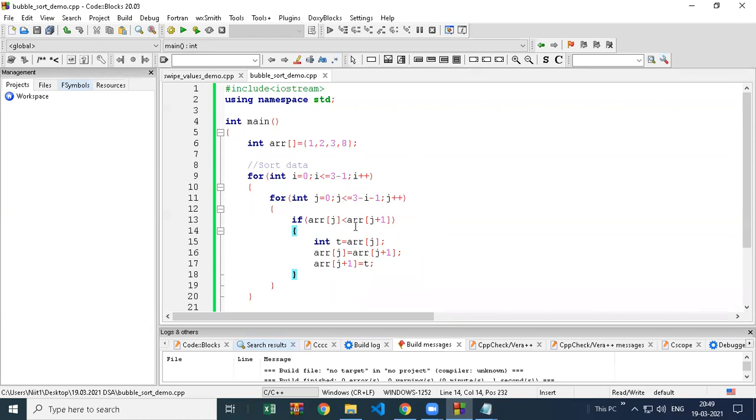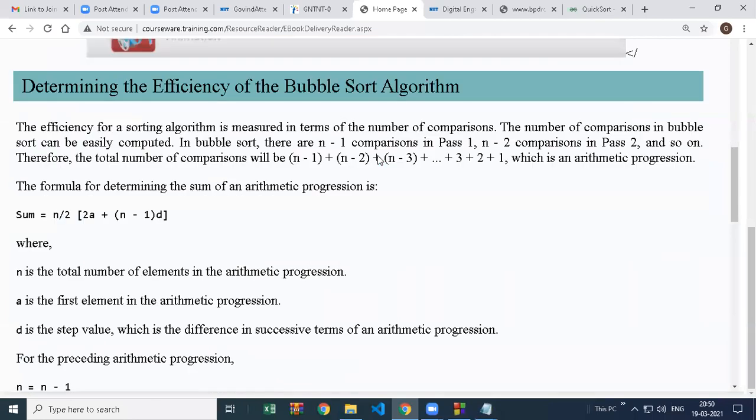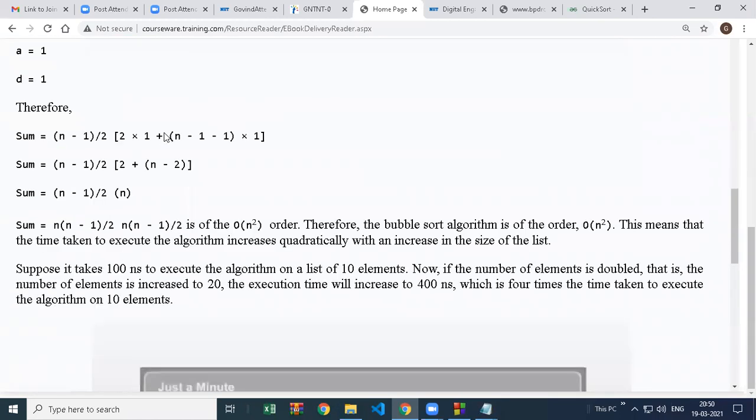This is a simple logic you can remember to find out efficiency. If you have no loop and you have a formula, it could be constant. If you have one loop, linear. If you have two loops, quadratic. If you have three loops, cubic. And in a loop, there is one option we have, so it can also become exponential. So what they are saying here,